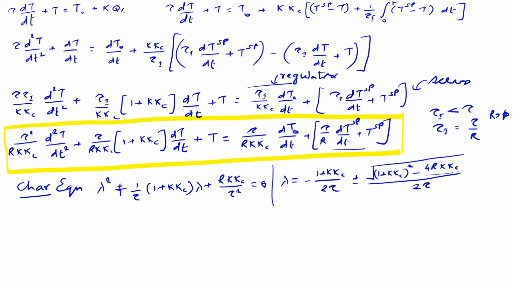So for kkc tending to 0, you get real distinct roots, and then there is a minimum value of kkc and a maximum value of kkc between which you get imaginary roots. So what are those values? Those limiting values correspond to the discriminant disappearing. So what is the discriminant? The discriminant is